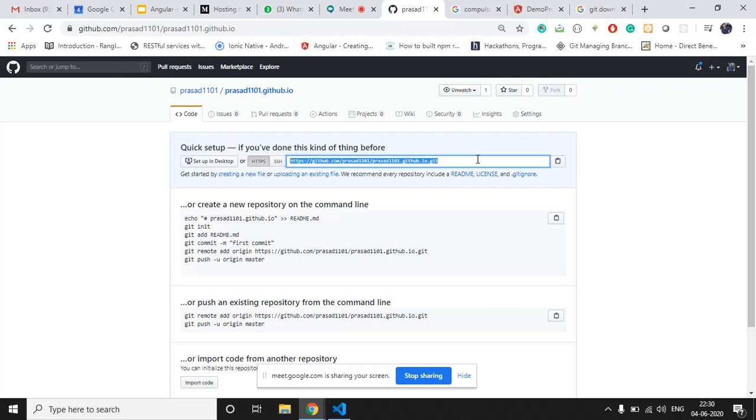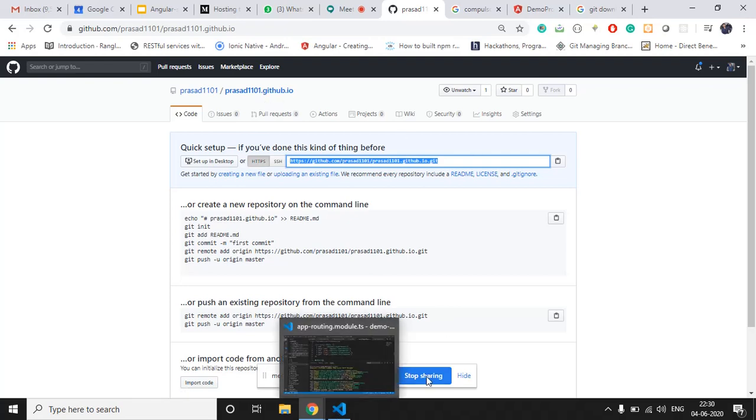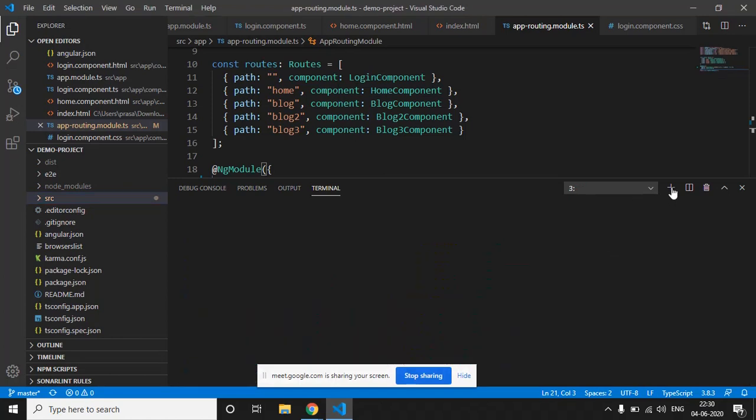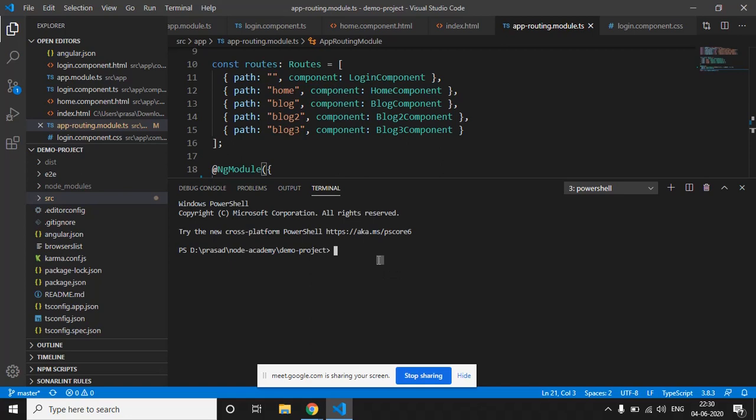Now we just have to copy the URL of this particular GitHub repository, then go to your terminal. Change the directory. Don't run this command inside an Angular project, right? Run this command outside the Angular project.